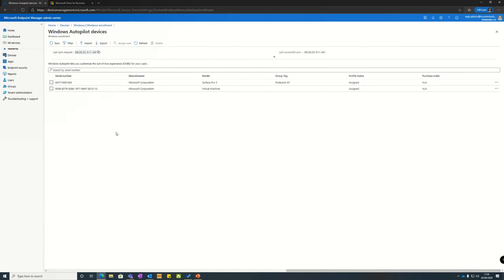Now, how does it work? How does the machine know to do that? Well, it's because the device ID will have been pre-registered in your Autopilot account, in your Intune account. You can do this at the point of order. So when you're ordering your PC from us, from Programmed, for example, you can say, I need this device to be enrolled in Autopilot. We, in turn, will communicate that to the device manufacturer as part of the order. And the device manufacturer will pre-register the serials, the unique hardware IDs of those devices in your Intune account,